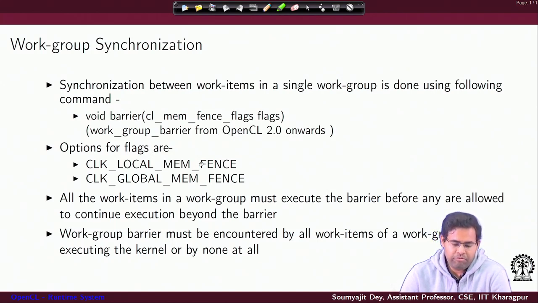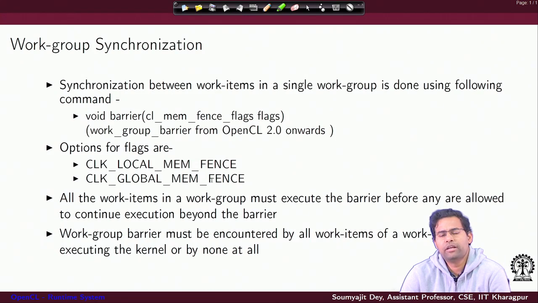Now, regarding the flag, as I said, if you set the flag as local memfence, then you make all the updates in the local memory visible to the threads in the work group, and similarly, if you set it as global memfence, then you are essentially making all the updates in the global memory visible to the work group. So that actually provides you an additional flexibility.